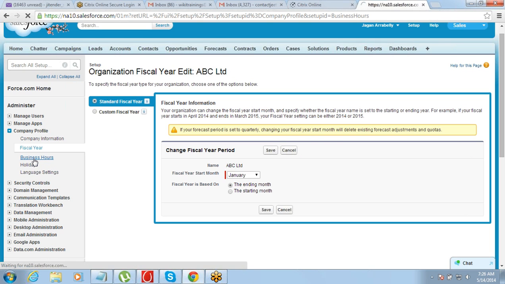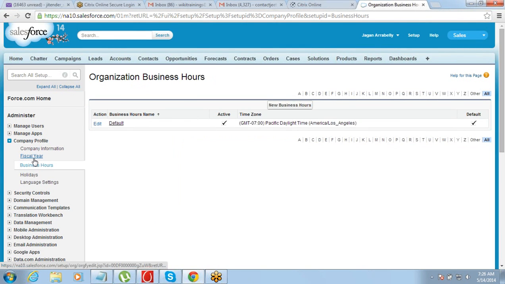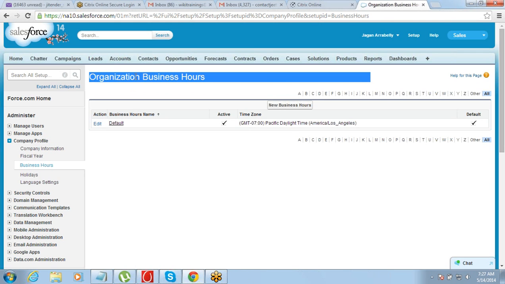Then business hours. For company information, the next information that you will have to put is the business hours. Now, why do we need to put the business hours? Business hours is basically the time when the company or the business operates. So for business hours, you can define your working hours for any particular team. Now, if you are thinking why should we put that thing here? Why should we put our company's business hours in this